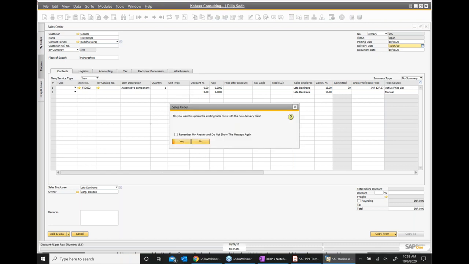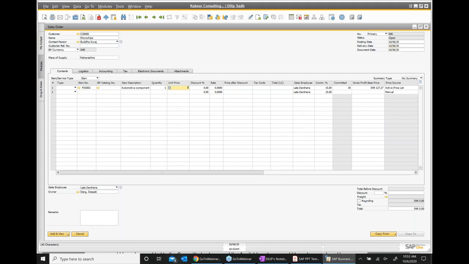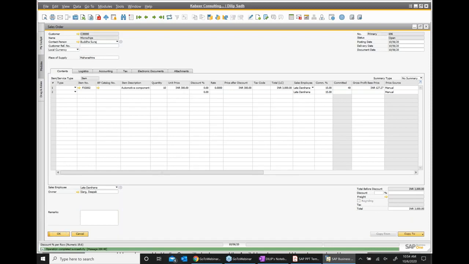After that, we enter the price and the quantity, 10 pieces. So this is a regular sales order. This is my customer, my item, my quantity, my price. I add and view. See the message at the bottom: operation completed successfully. That basically means we are able to create a sales order for 10 pieces.